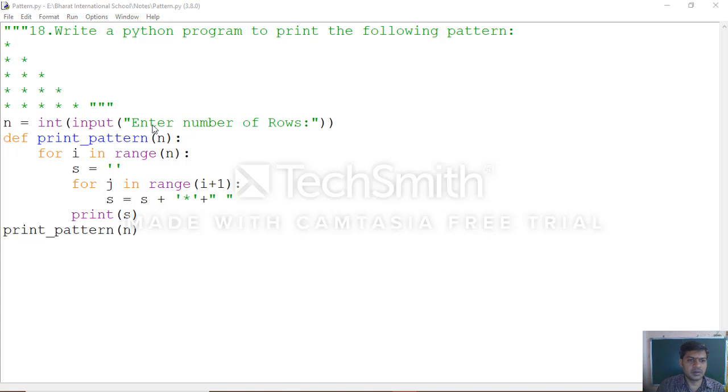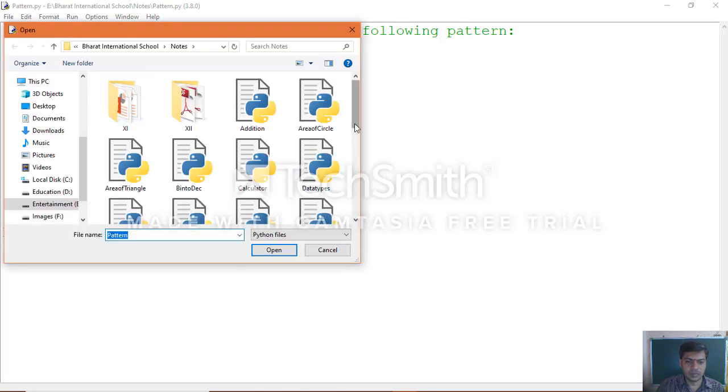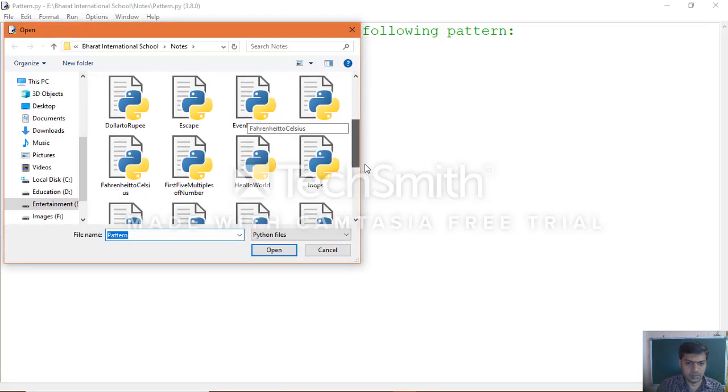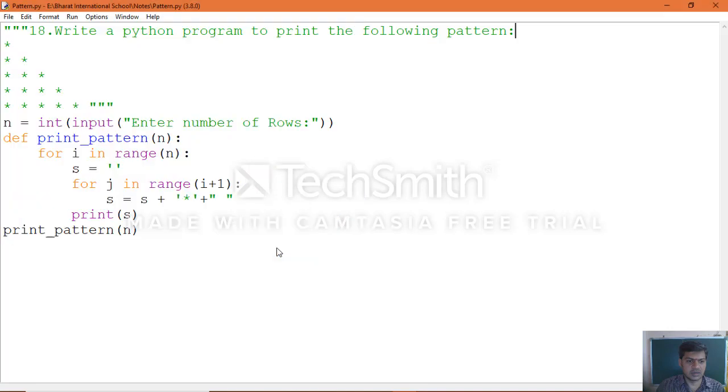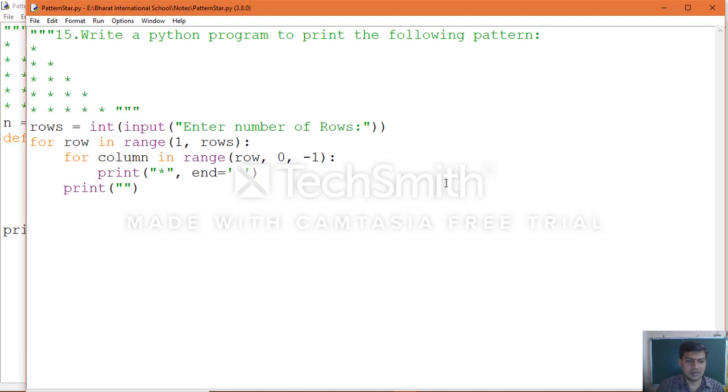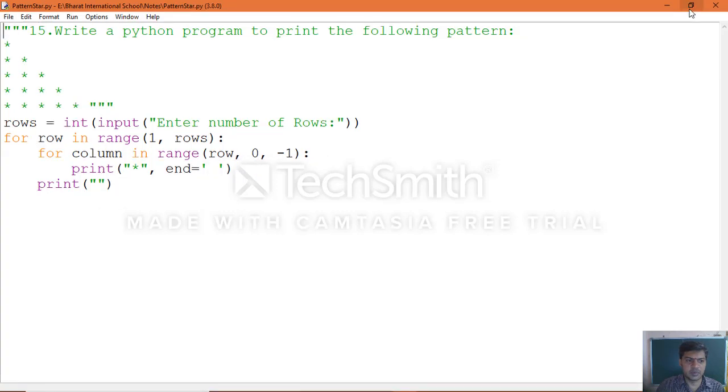Go to open, pattern star. Both are similar, you can see in the programs.